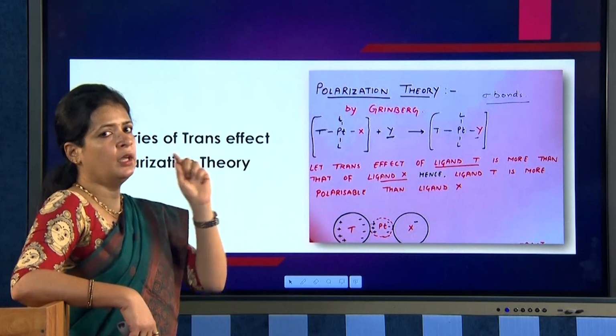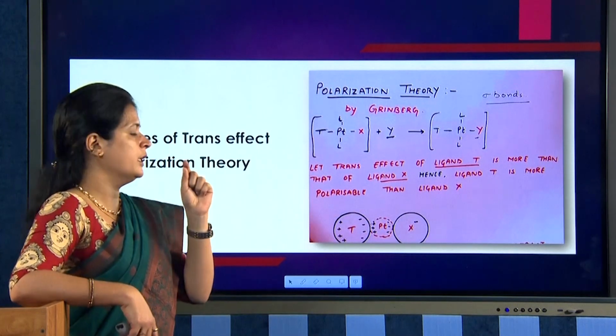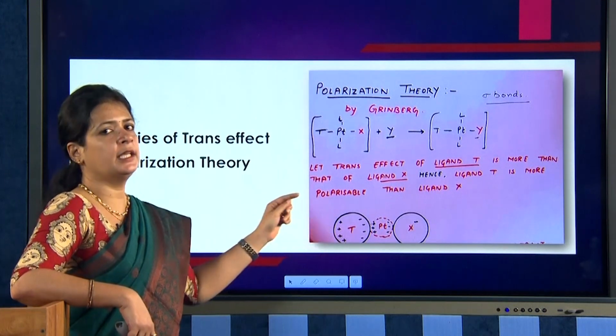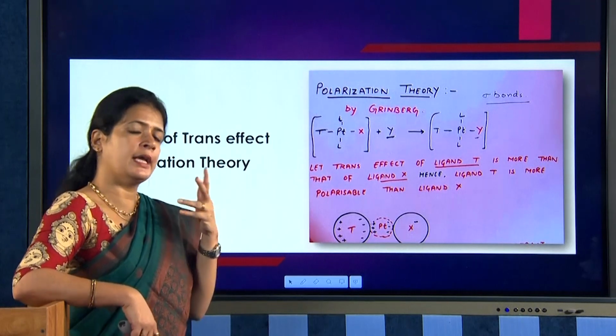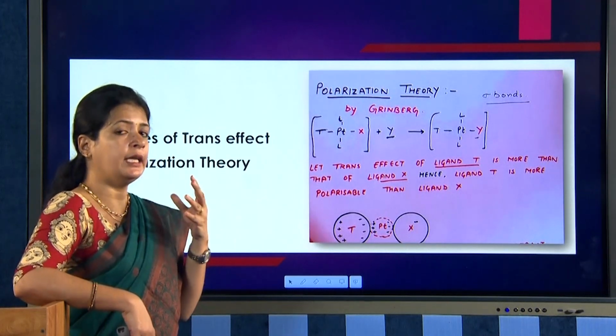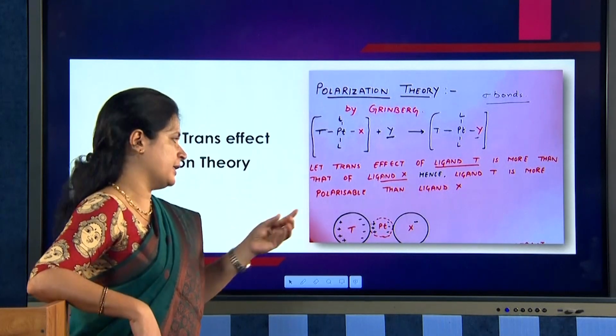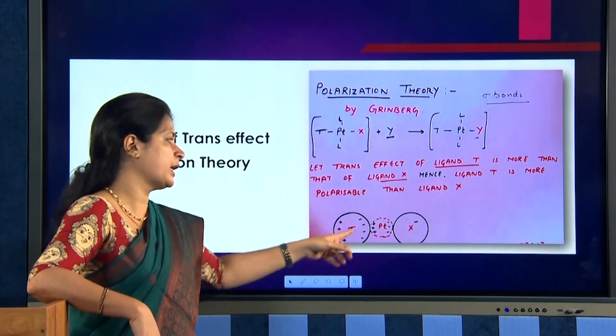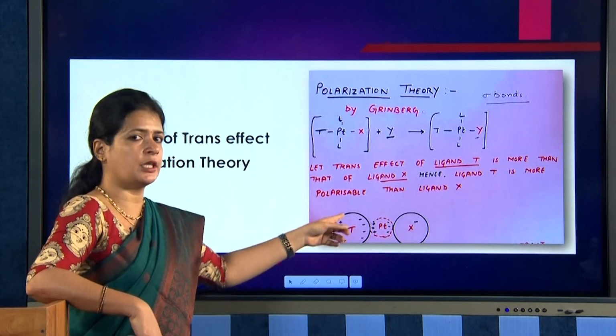The thing to keep in mind is that the trans directing ligand is highly polarizable, which means platinum is able to distort the electronic arrangement inside the trans directing